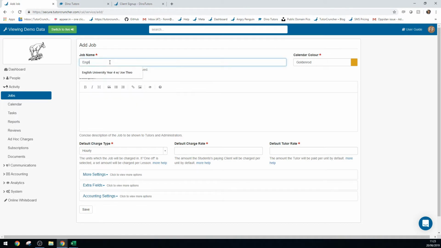So say this is English to SAT level, and maybe this is taught by Joe Blogs, and Joe is going to teach this at 6 p.m. on Saturdays. We could also, in the description field here, specify any of the curriculum details, and we could also set what the default charge rate is going to be for any clients who attend, and the default pay rates for tutors. Now you'll see here in this job name I have